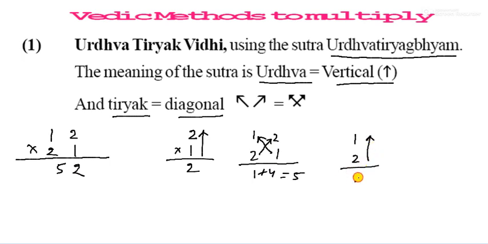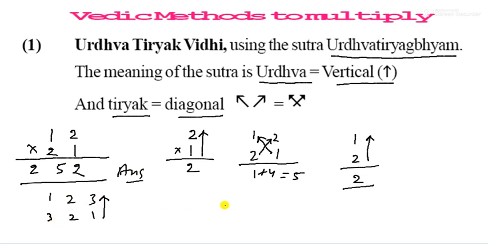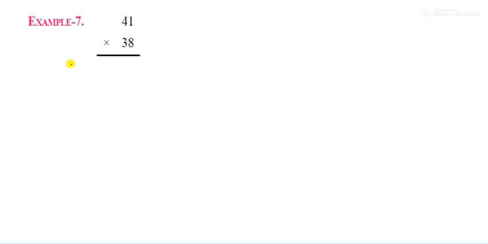And the last one is 1 and 2. So you can multiply upward. So it is 2 into 1, 2. So here is 2. So your answer is 252. So it is the simple method to do this. If these are three digits, 1, 2, 3, so here is 3, 2 and 1. In this, first of all this one, second diagonally.